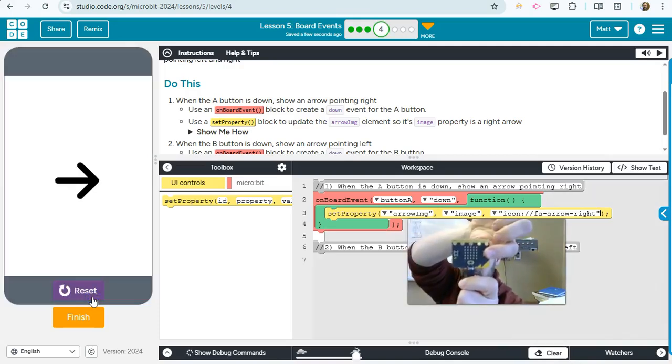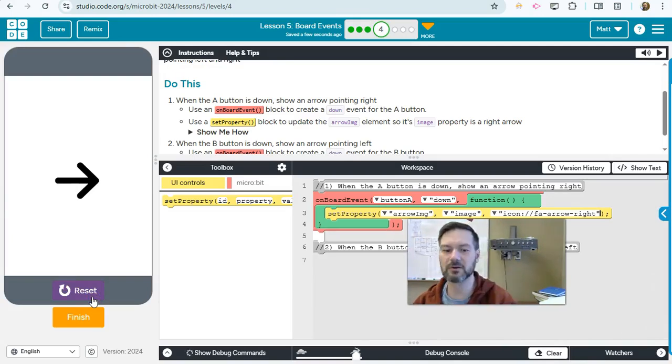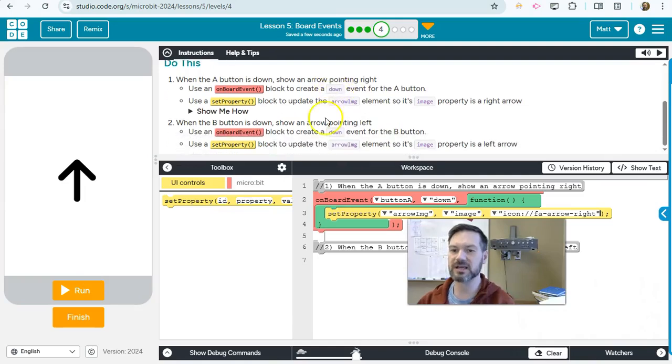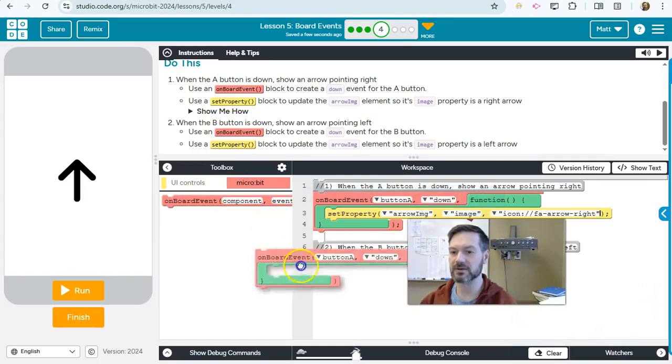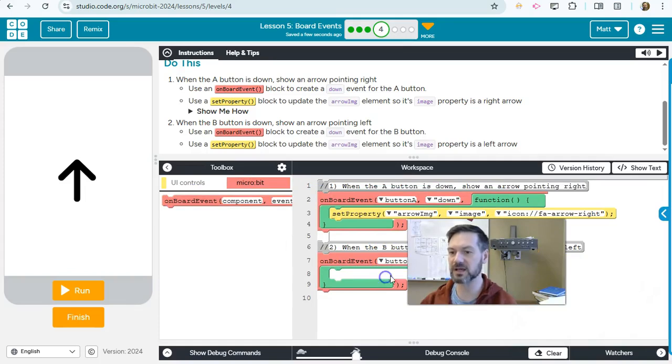Press A, goes to the right. Okay, that's good. So now we're going to do something similar for the B. When the B button is down, we want it to point to the left, the opposite direction. So we're going to drag in another onboard event because we're working with the micro:bit. We're going to say when the button B is pressed down, then it's going to change that same arrow image